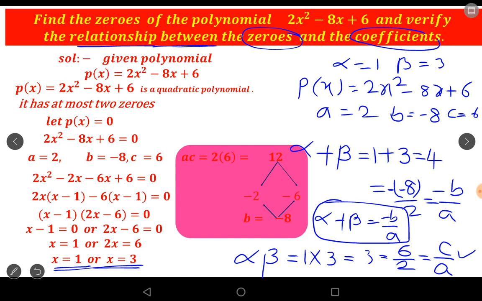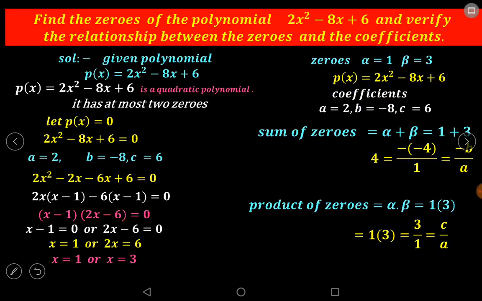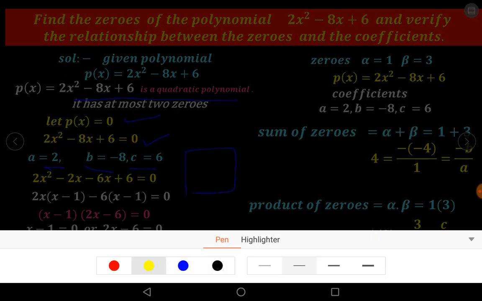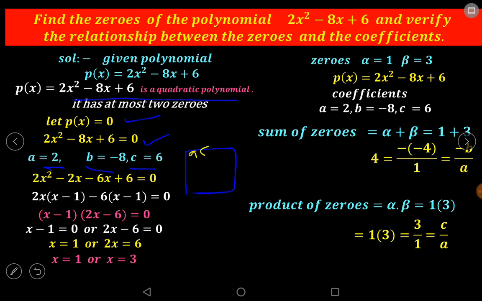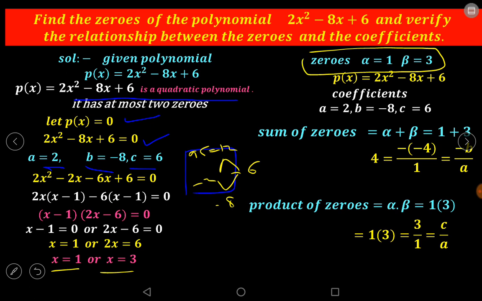Okay, so write in the notebook. Here first of all, it is a quadratic polynomial, so maximum 2 zeros possible. A equal to 2, B equal to minus 8, C equal to 6. Here the rough work: A into C. A into C equal to 12. 12 is the product of two numbers, minus 2 and minus 6. Okay, so write down x is equal to 1, x is equal to 3. One is the alpha, one is the beta. Here in the second step, alpha equal to 1, beta equal to 3. Next coefficients, A equal to 2, B equal to minus 8, C is equal to 6.